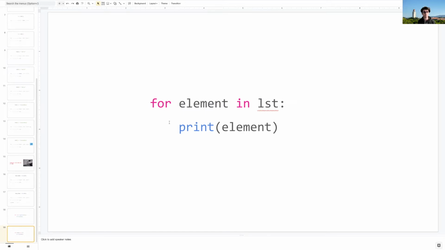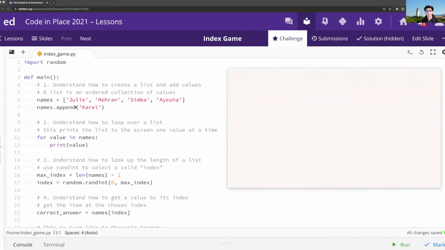So with that in mind, we've got lists out of the way. Now, of course, there's a lot more we can do with lists. I definitely suggest checking out the lists lesson if you're still shaky on some of those other things. But I want to build a working understanding of what they can be used for and how we might apply them to the Heads Up program. All right, let's get started by looking at a program that uses lists and making sure we're all on the same page about how exactly we use concepts like appending and indexing into lists to understand how we might be able to use them in a program like the Heads Up program later on.